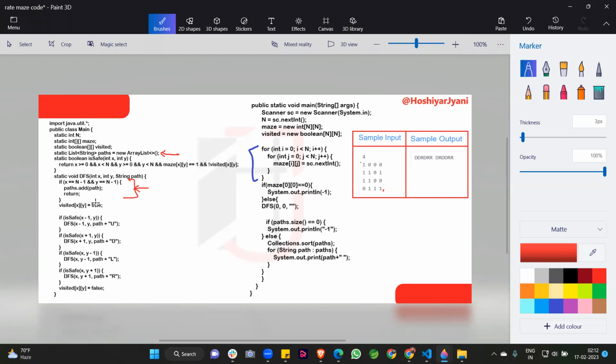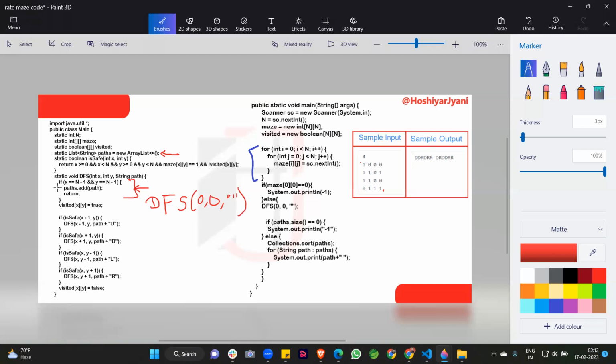So guys, this question is somewhat complicated, so this video may be lengthy for the explanation of this code. I am passing 0, comma, 0, comma, and an empty string.